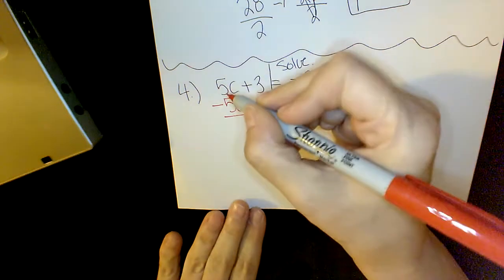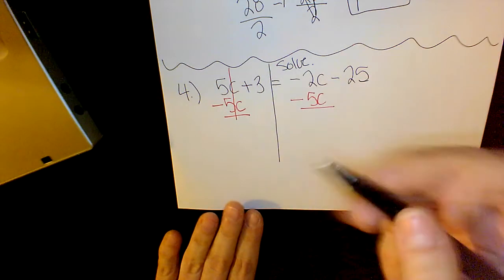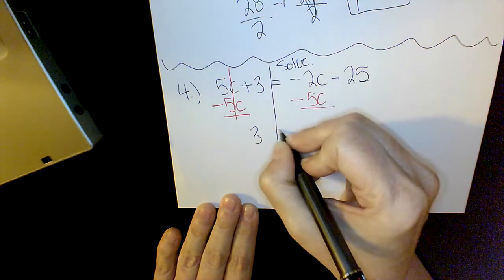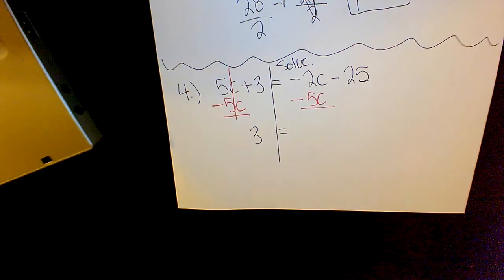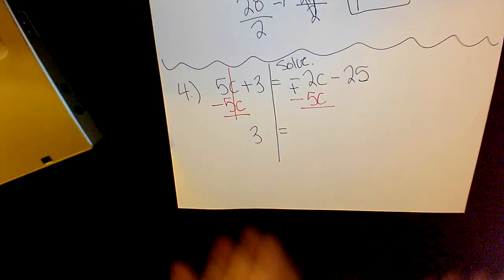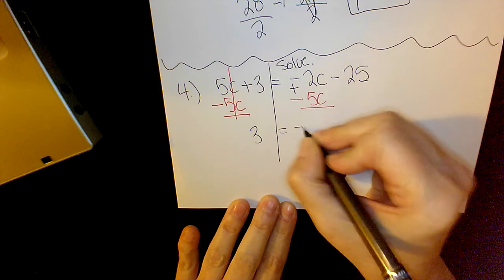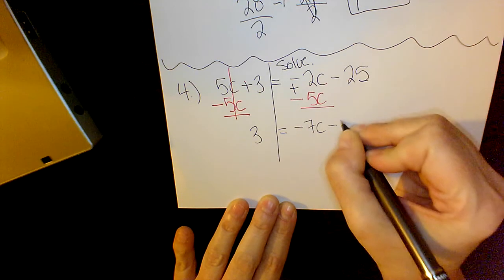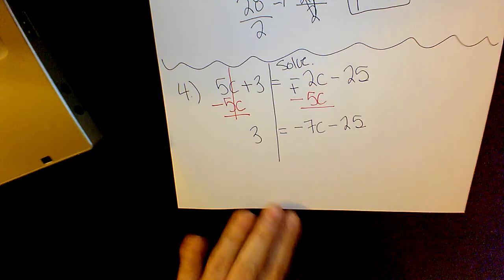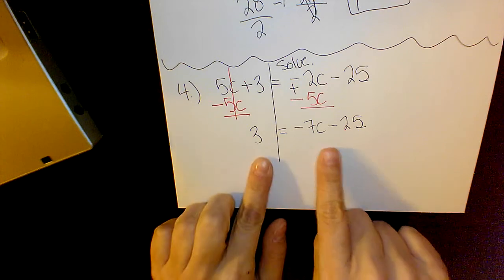So this 5C minus 5C is gone. So this is 3. And do we remember what happens when I'm adding two negatives together? It's going to be negative, and we're just going to add a negative 2C and a negative 5C and get a negative 7C. So now this side has more,